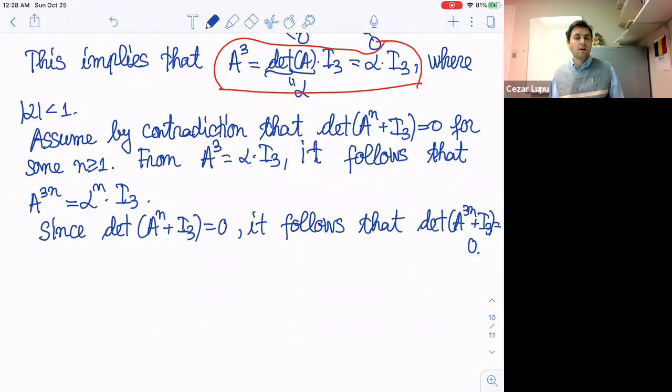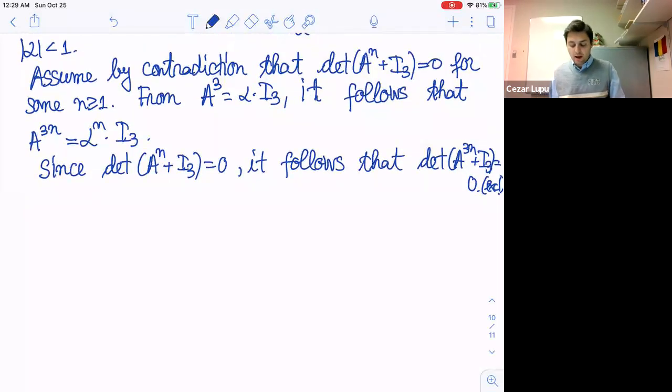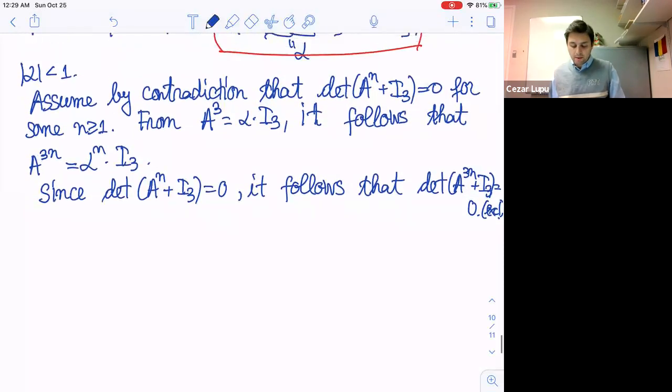I hope it's obvious why, right? Because we can decompose this guy here. So A to the power 3n plus the identity, you can write as A to the n, everything cubed, plus the identity, and you can decompose this. Anyway, I'll leave it to you as an exercise to figure this one out. Well, basically I just said it, but okay, so we have this, but we know that A to the power